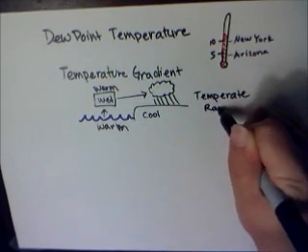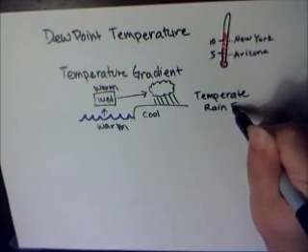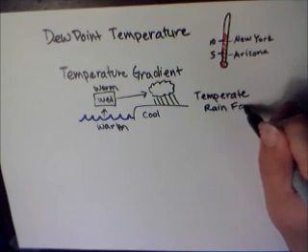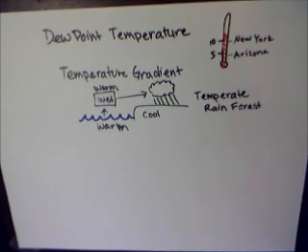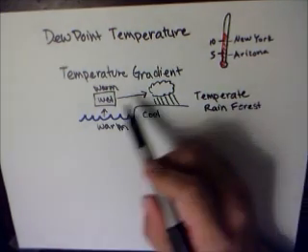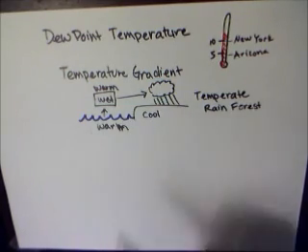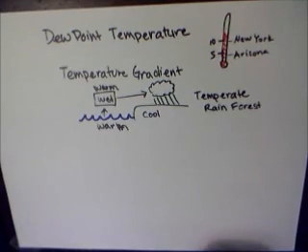You see temperate rainforests, for example, in Washington State. If you've ever been to Seattle, you know it rains about 300 days out of the year. And they have these really amazing temperate rainforests, and that's because they have this gradient of temperatures. They have a relatively warmer ocean next to these cool lands.